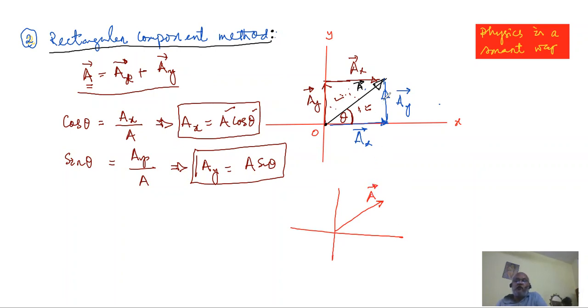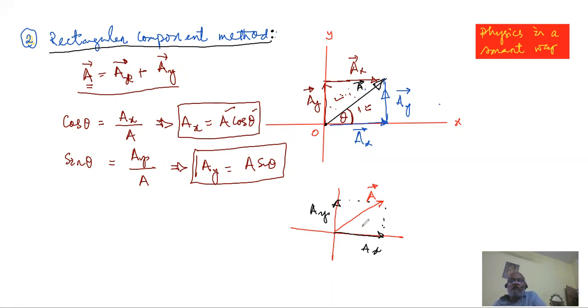You need not draw all those triangles, because we had engaged in drawing them when we started explaining the method for the very first time. We know the x component of the vector should be a vector that is parallel to the x-axis, so that is ax. And the y component of the vector will be parallel to the y-axis, that is ay. Please be careful about the component direction, and if there is a mistake, then nobody can help us.